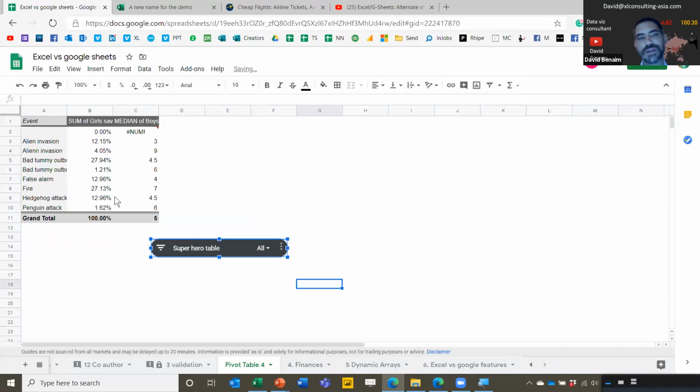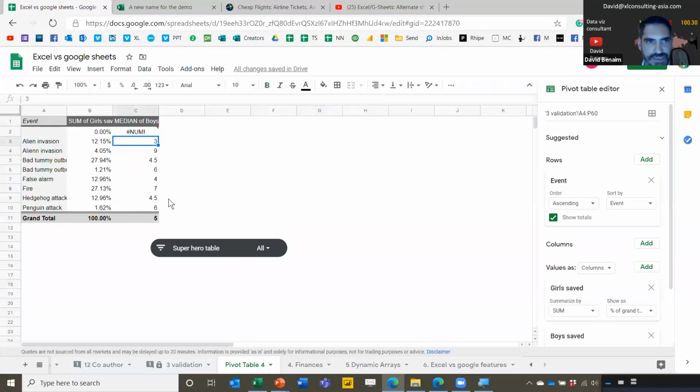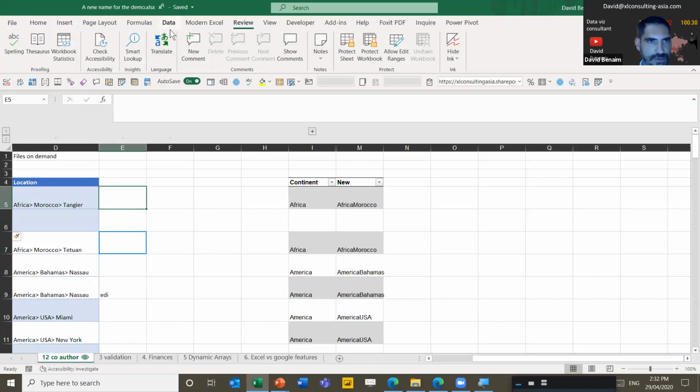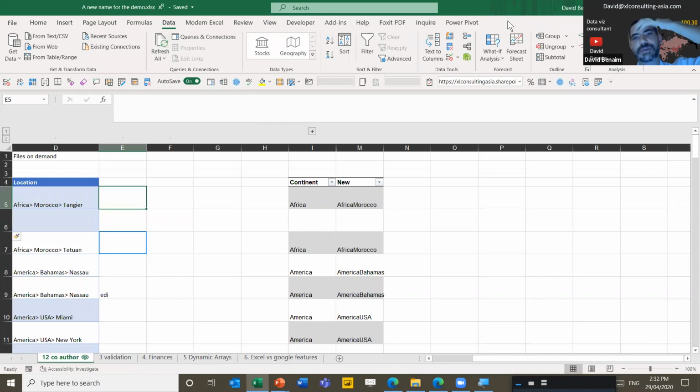So yeah, one key aspect that I love about Google Sheets pivot tables is that they do refresh automatically. Now, Excel's don't. Excel's are notorious for the user needing to click on a pivot table and then choose refresh all or refresh in the pivot table tab. This is something that kind of annoys me, although I understand why: when this was developed in 1991, computers were not fast enough to auto refresh pivot tables. We're in 2020 now. My phone has enough computer power to do that. So that's something that I don't appreciate.